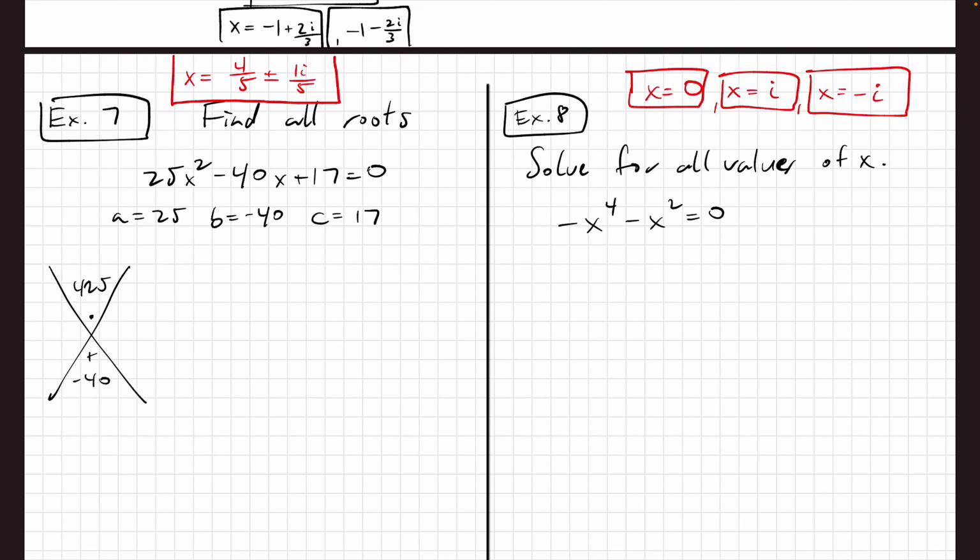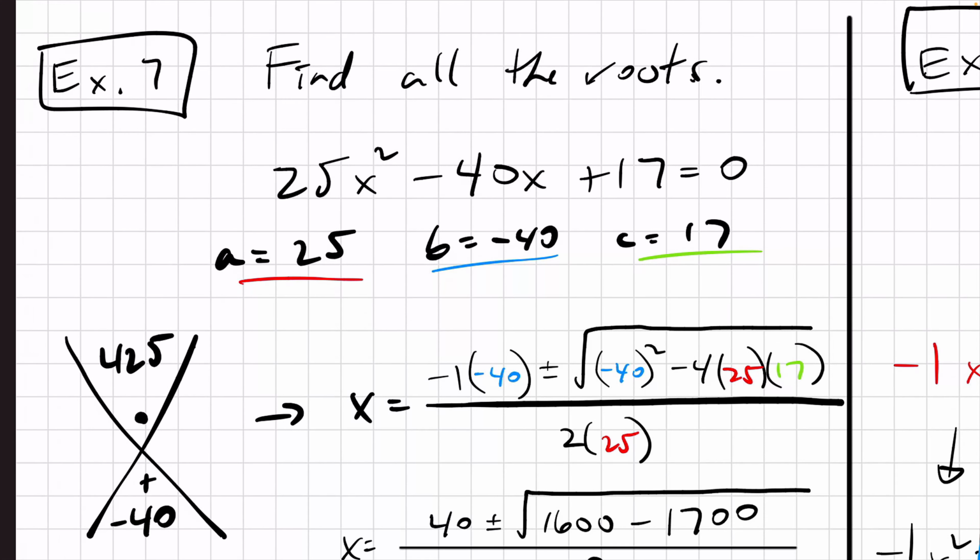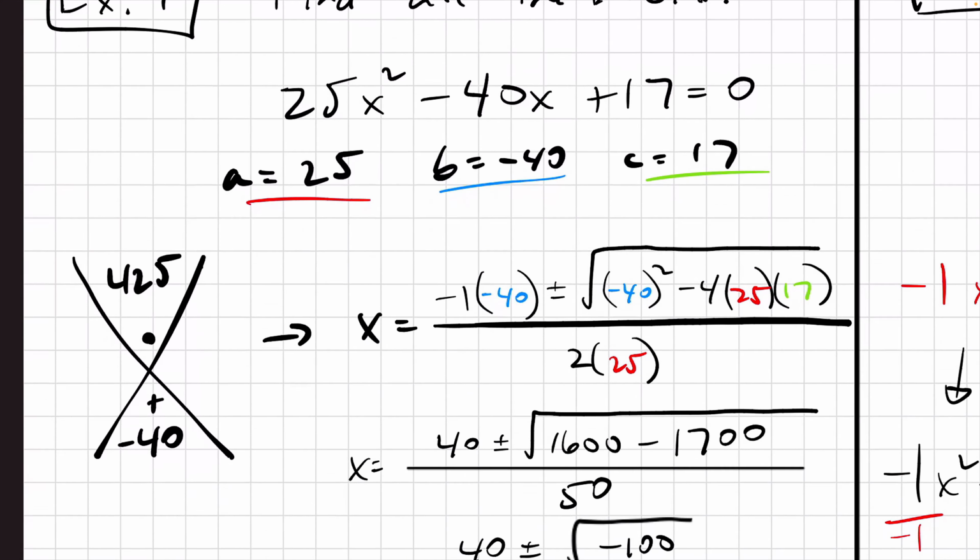Okay, so those are the answers. When you get to the answer part, the answers are in red. Okay? A was 25, B was negative 40, C was 17. Now, there weren't two numbers that multiplied to be 425, and I couldn't find any. There might have been, but I couldn't find any. So I just decided, okay, I'll go to